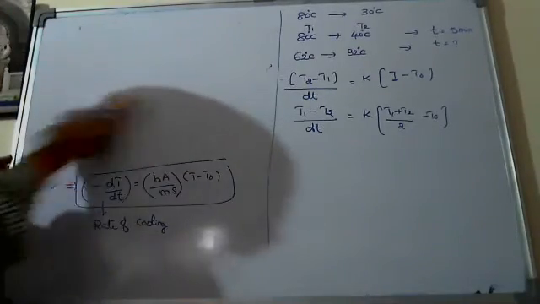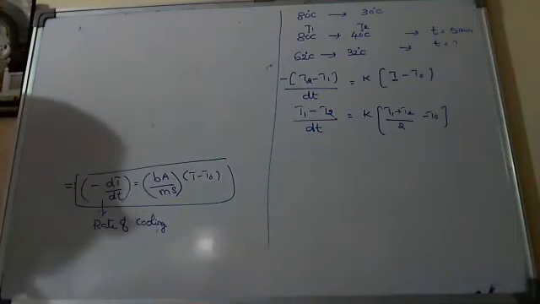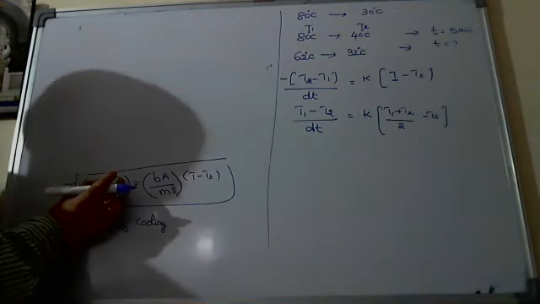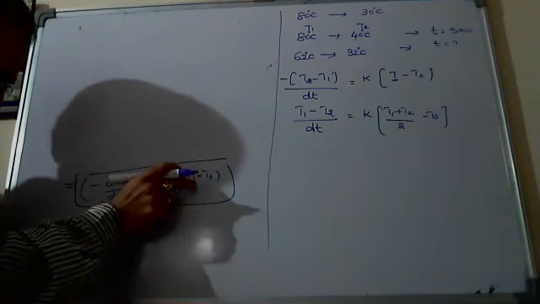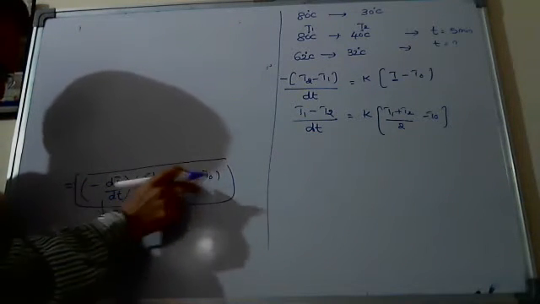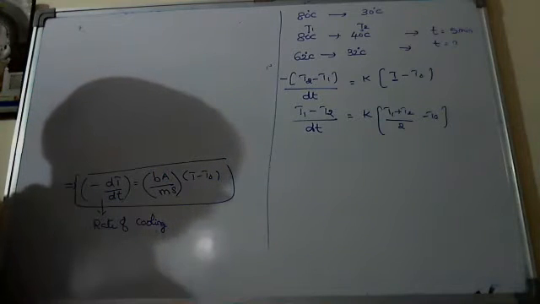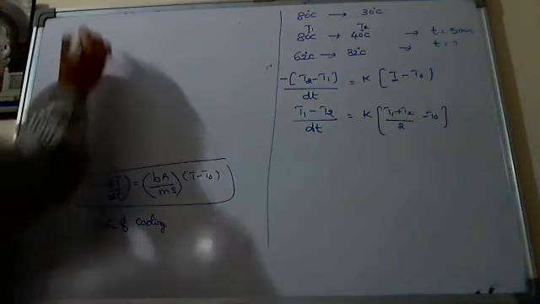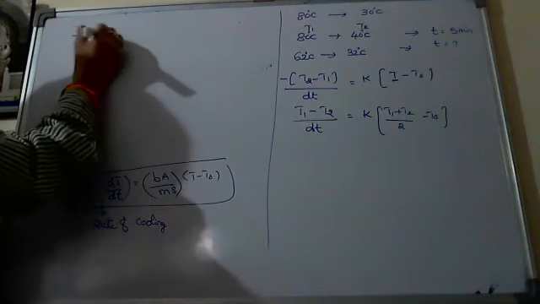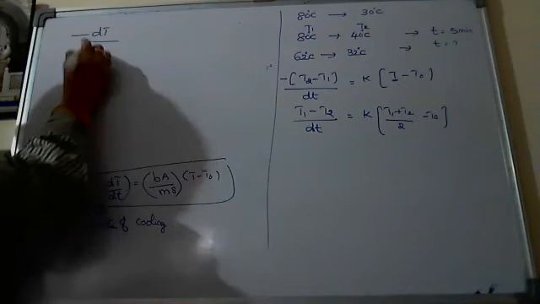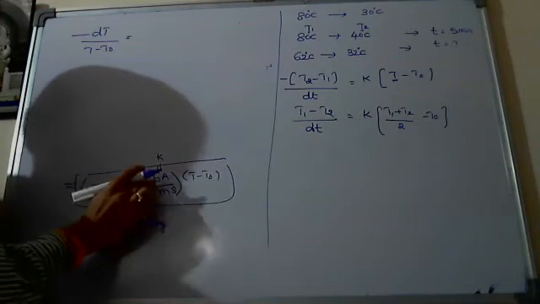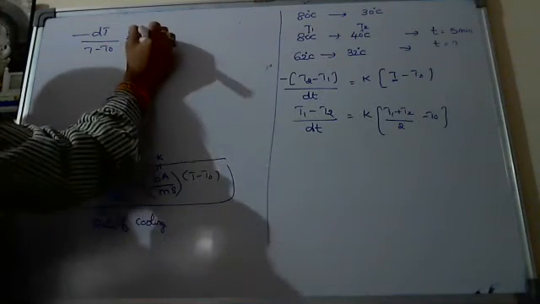Originally, that is not the formula. Originally, what is the formula? Actually, this is a change of temperature, and this is the temperature of the body, the excess temperature of the body over the surroundings. So these two are actually interrelated in the formula. That's why if they write the same thing as minus dT by (T minus T naught) is equal to this whole thing, I am taking it as K, so K into dt.